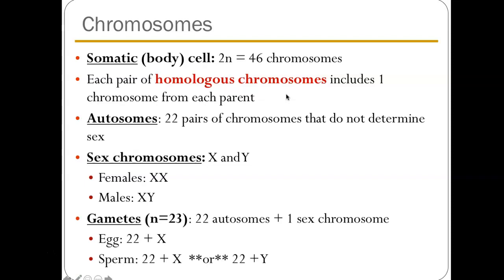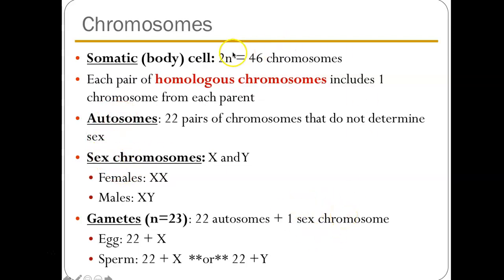So you have somatic cells, or body cells, that are not sex cells, autosomes, or chromosomes that are not sex chromosomes, then you have your sex chromosomes, then you have your sex cells. This is kind of confusing. I probably should rearrange this slide. Somatic cell and gametes kind of go together. One is a body cell, one's a sex cell. And then autosomes and sex chromosomes go together because they're both types of chromosomes. So the arrangement on here isn't very good.